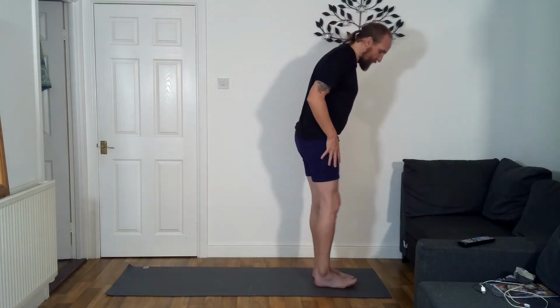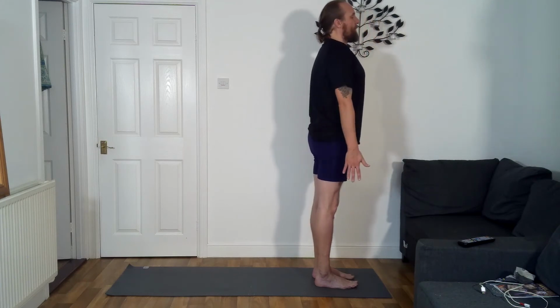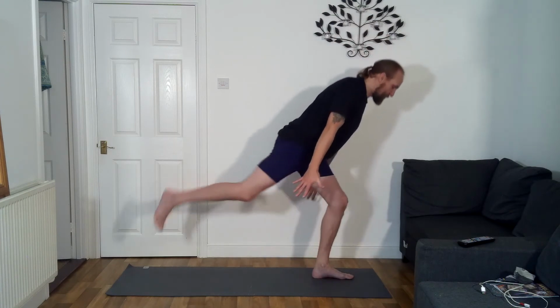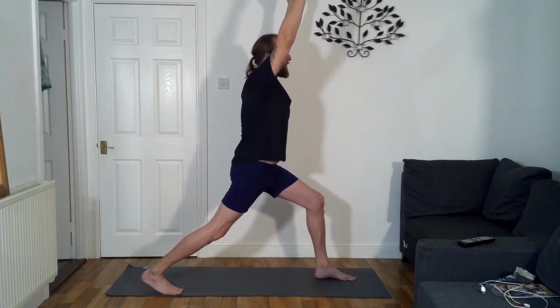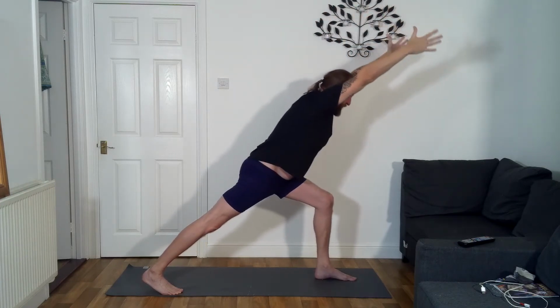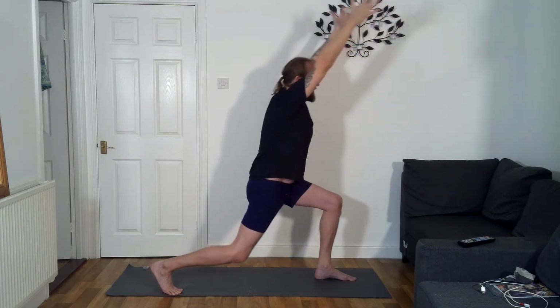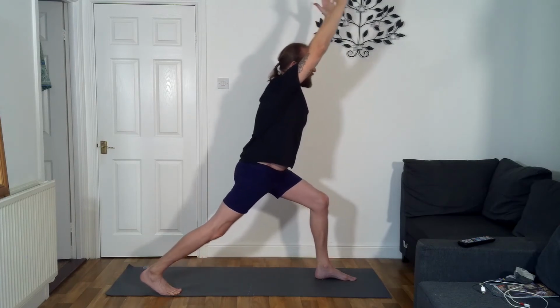So if we're at the top of the mat, feet at hip width, we're extending up. So we'll stride back with the right foot to lunge. So nice big step back, raise the arms up. We'll take a breath in. So as we breathe out, we're bringing the chest forwards, reach forwards through your fingertips, bending your back leg, your right leg, to bring the body upright, straightening the right leg, and then we're going to fold forward so the